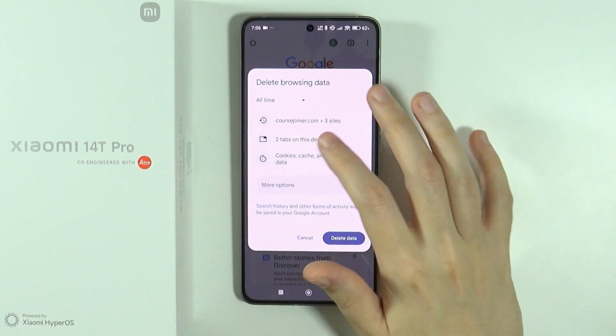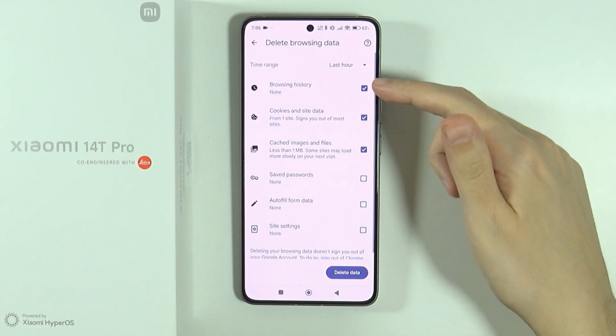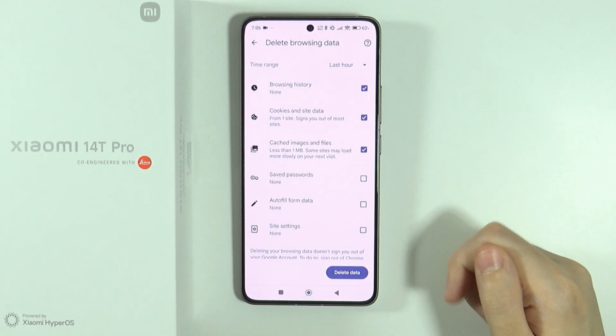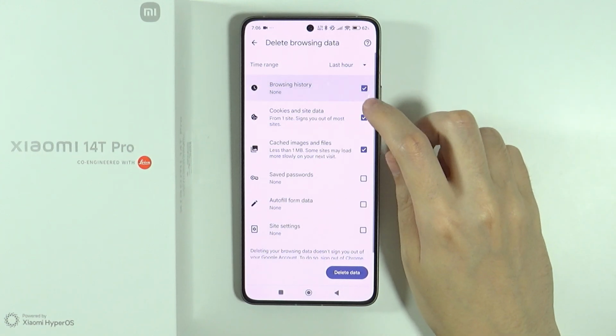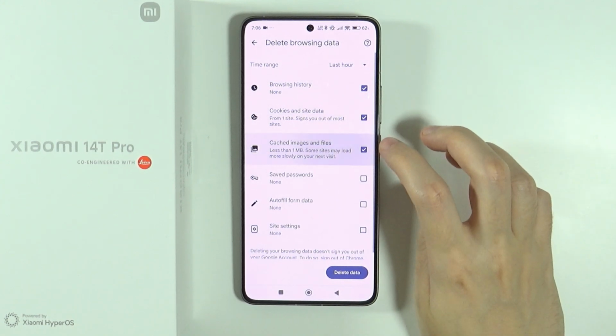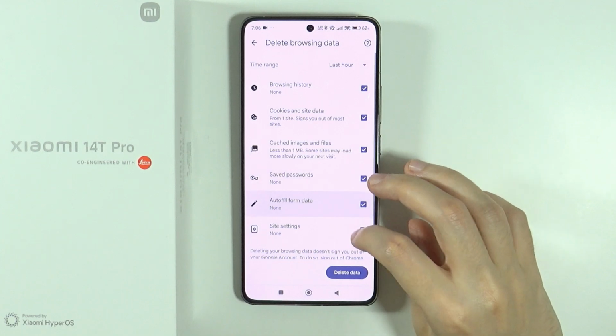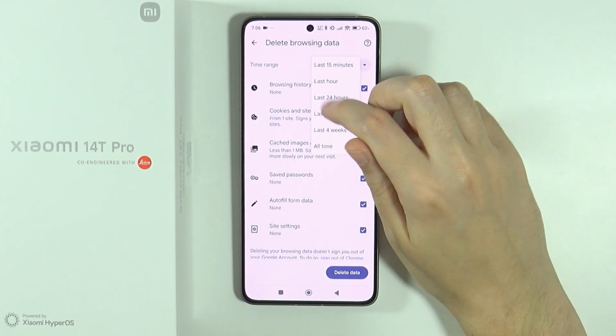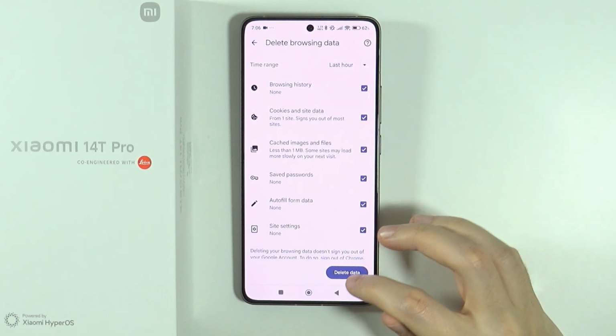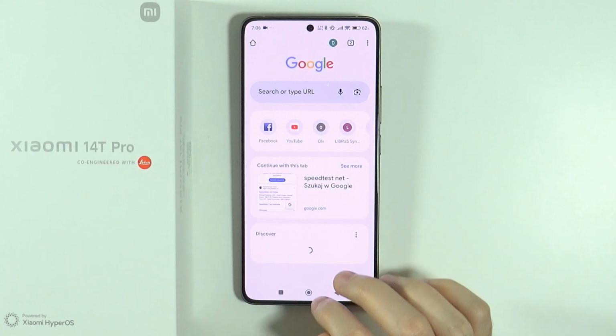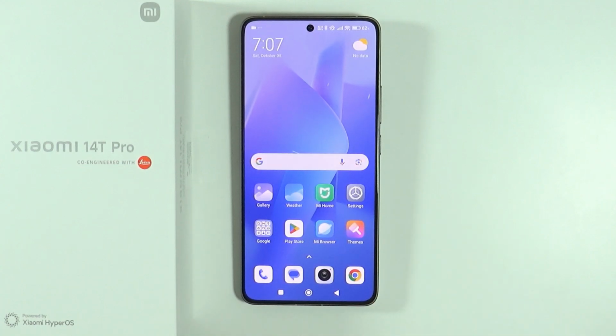And then you can also go to more options in order to choose what you exactly want to remove, whether it is the browsing history, the cookies and site data, cached images and files, saved passwords, and so on and so forth. Over here you can also once again choose the time range, and then you can press delete. And there we go. This is how we can clear browsing data on Xiaomi